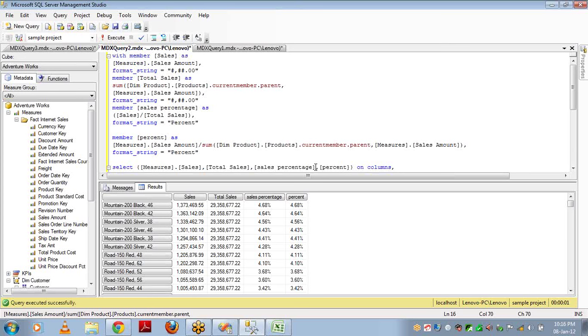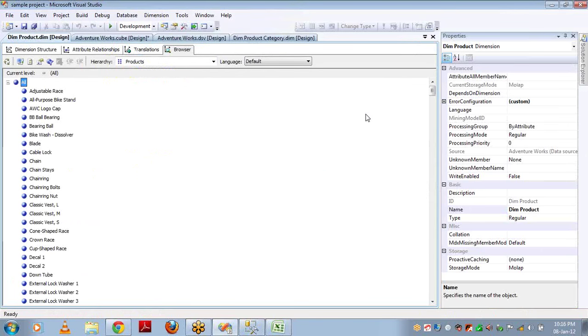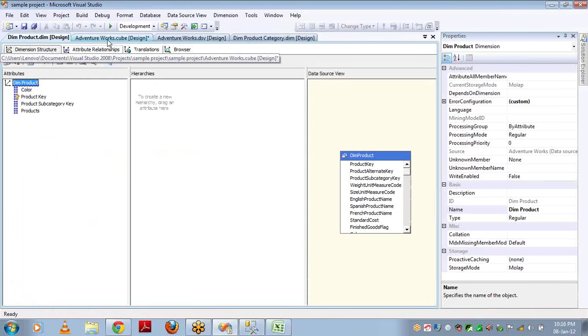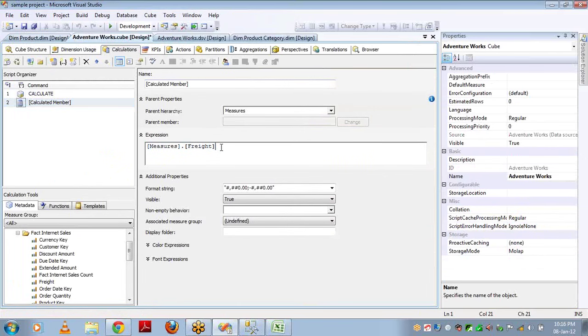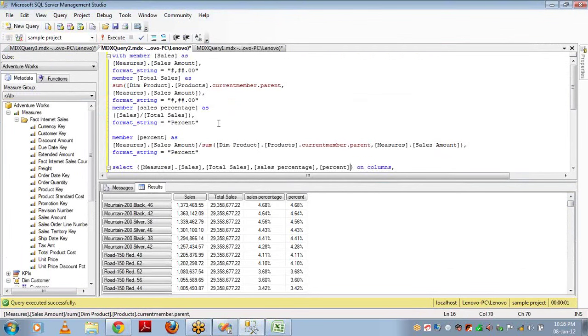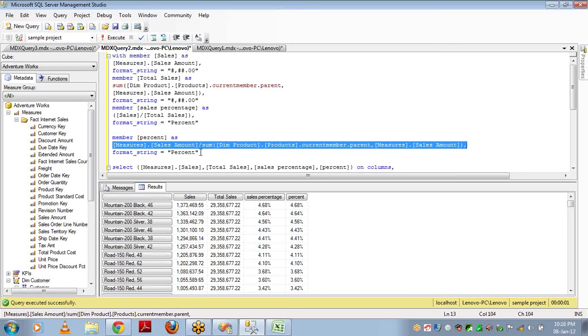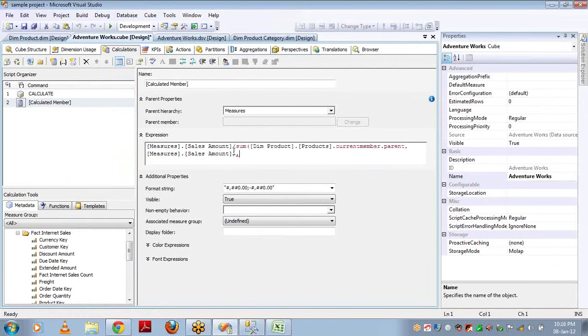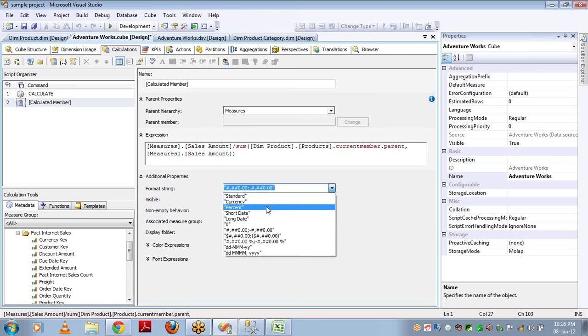You can make use of all the functions we discussed till now to write calculations in MDX, or even write the same calculation here at cube level. I'm copying the calculation here, nothing changed, just as is: sales amount divided by products dot current member dot parent dot sales amount, and the format is percent here.